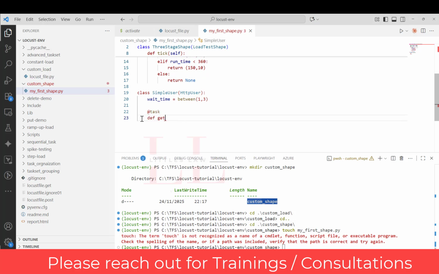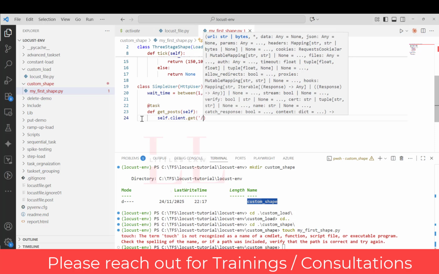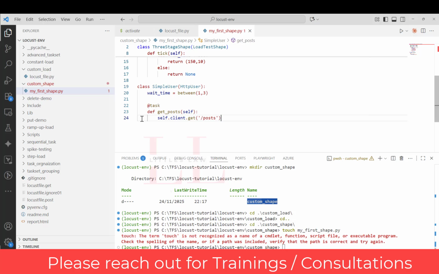I'm defining a get of post. So we need to define a request, right? So with our request, what are we going to test now? So get of post, self dot client dot get of slash posts with the end quotes,